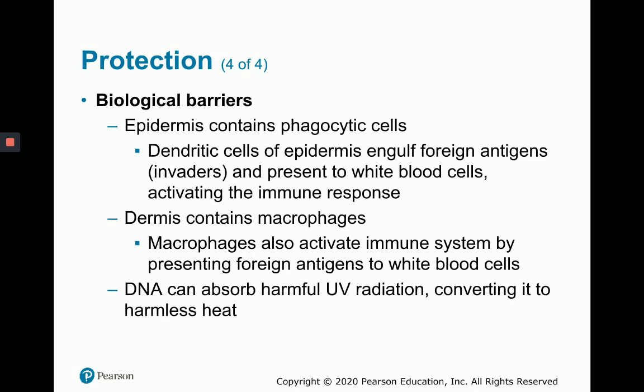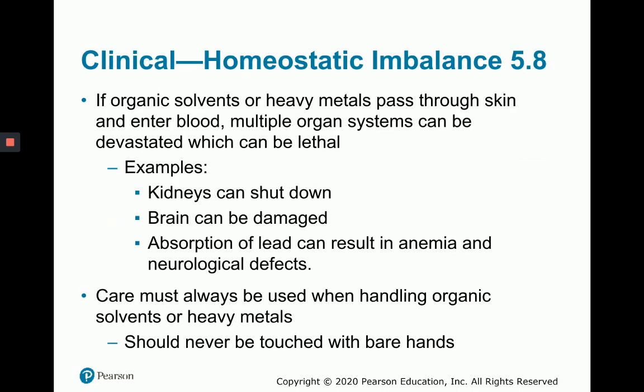Also, DNA can absorb harmful UV radiation, and that can convert it to harmless heat. However, we don't want our DNA to do that too much because that can cause it to mutate and cause skin cancer. A homeostatic imbalance we want to talk about quickly is just if organic solvents or heavy metals pass